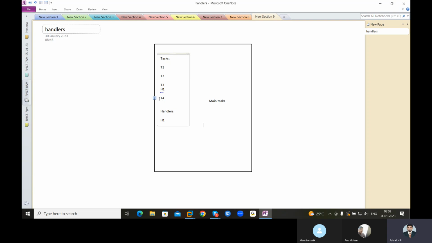Then you can ask a question, Ashraf, what if T4 failed? Because I've told you the Ansible engine will execute all handler tasks once it has finished with all main tasks. So here, T4 failed means the Ansible engine is not finishing the fourth task, right? In this case also the handler will not be executed. Then you can ask, Ashraf, why?